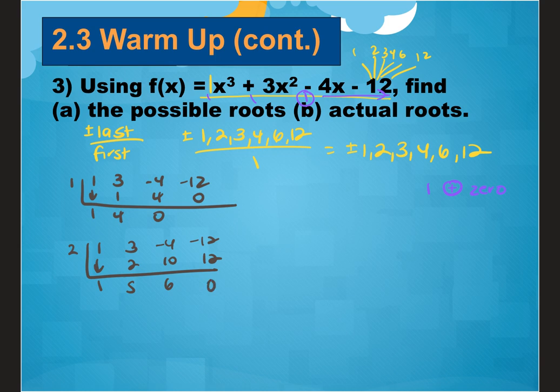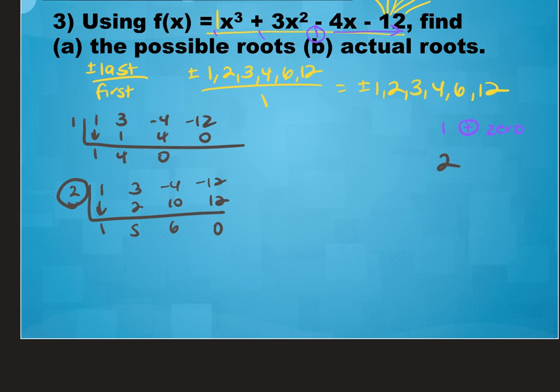And that gives me a remainder of 0. So I know 2 is one of my zeros. I'm going to take what's left, ignoring the remainder, and write it as my polynomial. So 6 is the constant, 5 gets the x, 1 gets the x squared, and I have x squared plus 5x plus 6. And at this point, these will either be factorable or you'll be able to use their even